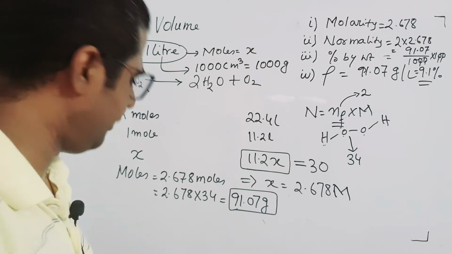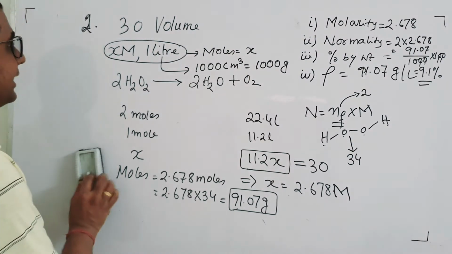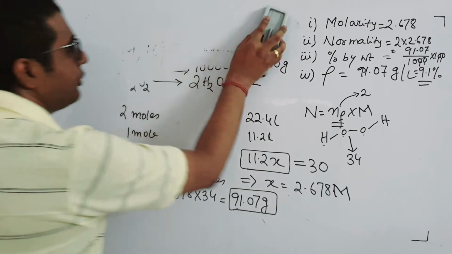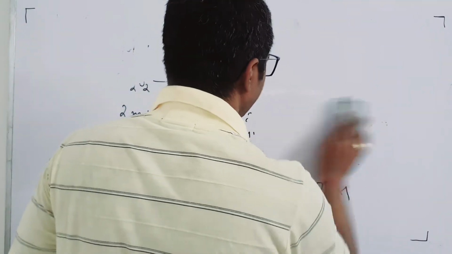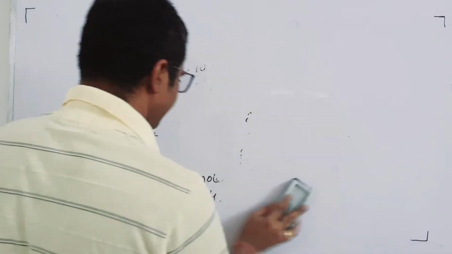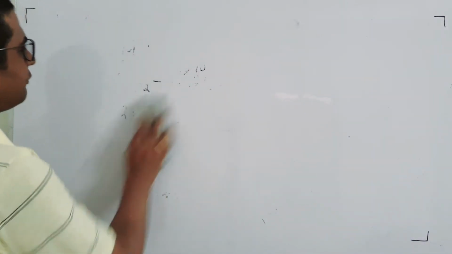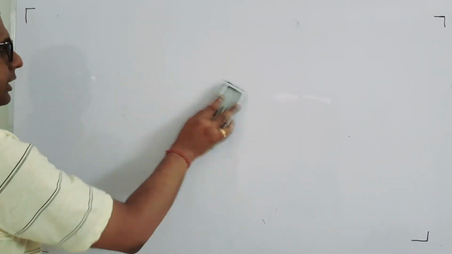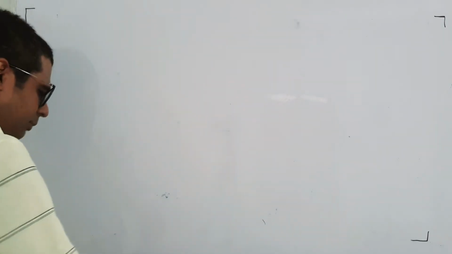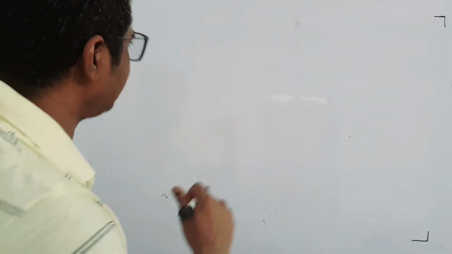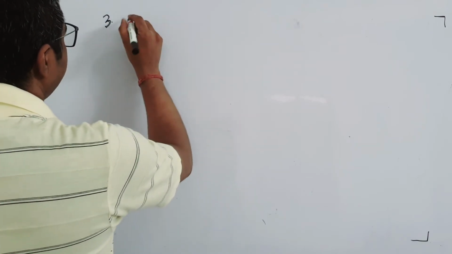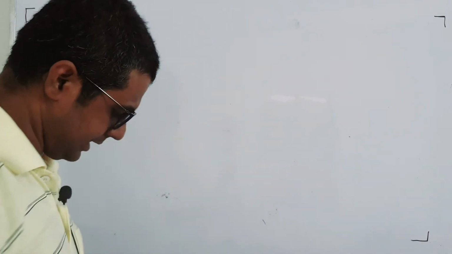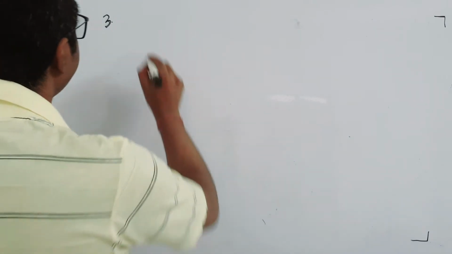Next problem what I want to do is I'll give you the density and you have to find out the volume strength. Right now we found density from volume strength. Now we will give you the density, to find out the volume strength. This problem was asked in WBJE, I think 1997, the last one I have done. So number 3. Okay, now the gram per liter is given. Gram per liter is given as 30.35.